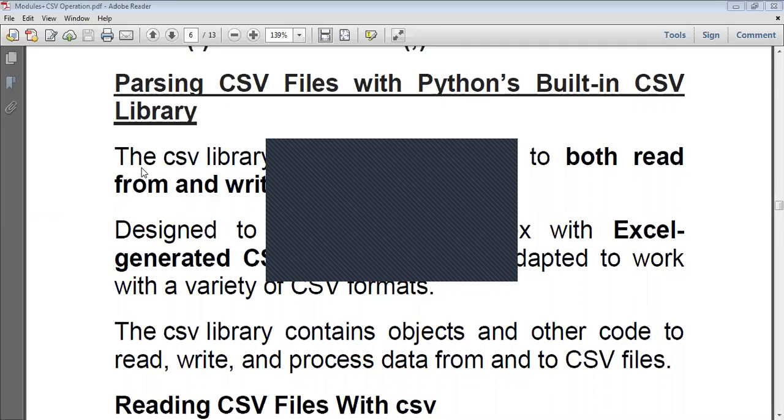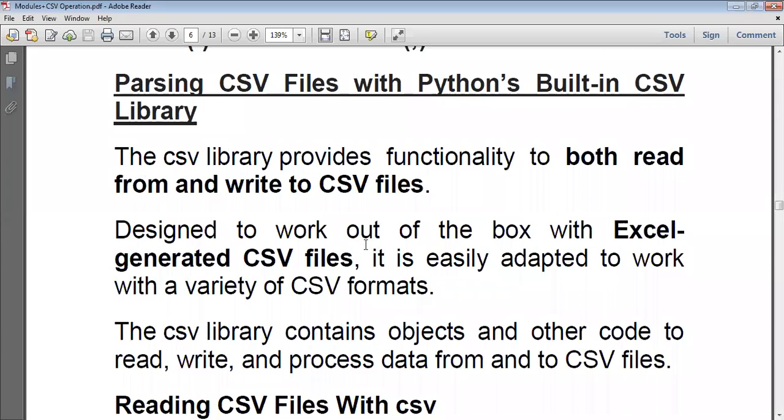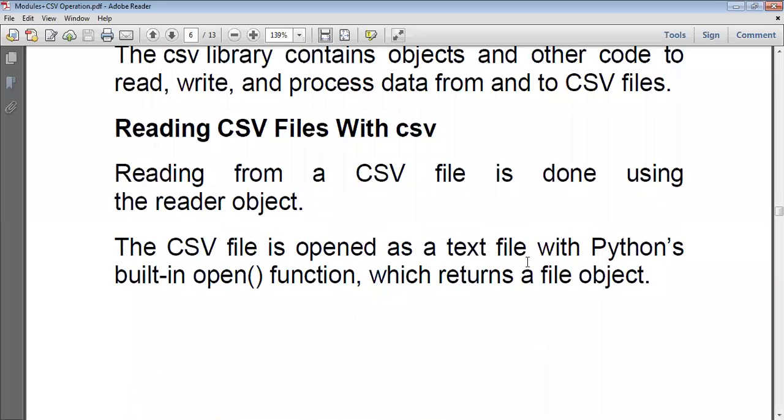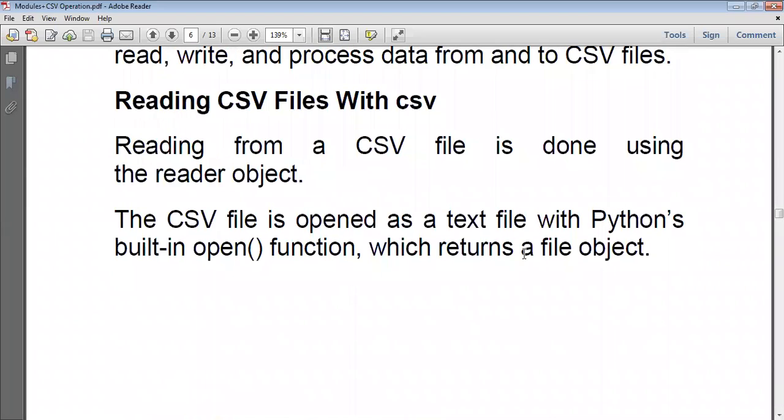So here I have created a CSV file and stored some data. In this way you can create it. Next we'll see how to read the content from the CSV file. Whenever you want to read or write a file, first you have to open that file, then you can perform either a read operation or a write operation. That is the most essential thing.